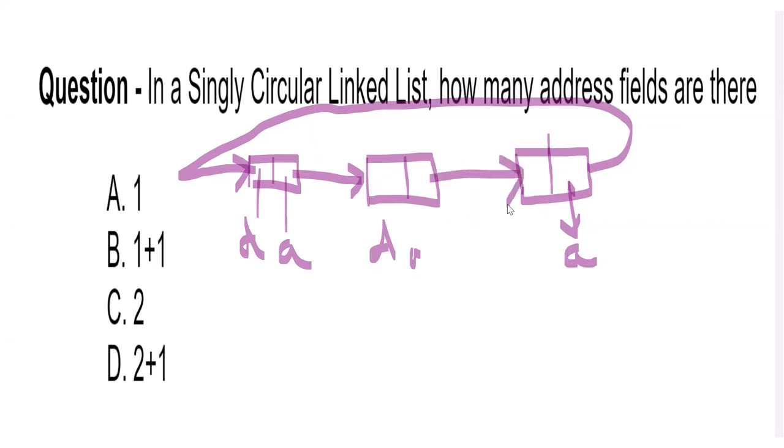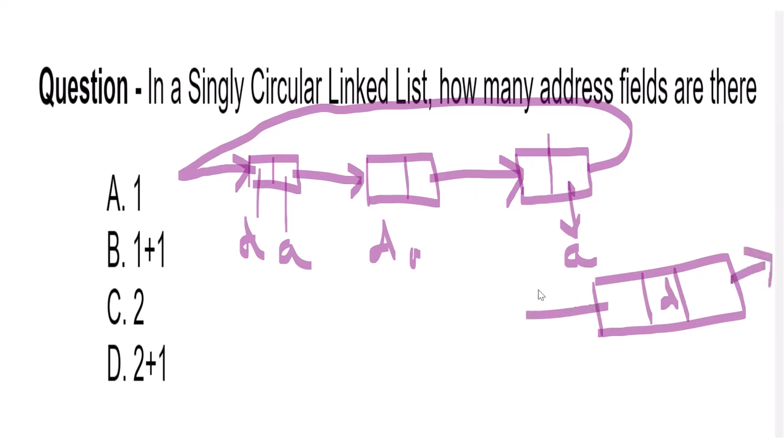So here also it is trying to ask the same thing, because if it had been a doubly linked list, we would have said two address fields. In a doubly linked list, between the pointers we can divide the node in three parts: data, the address for the next node, and the address for the previous node. So here the address fields would have been two, but since it is a singly linked list, even if it is circular, there will still be only one address field per node.